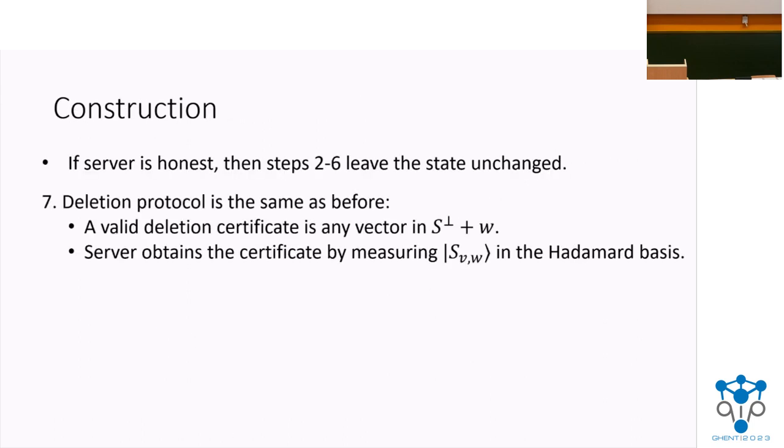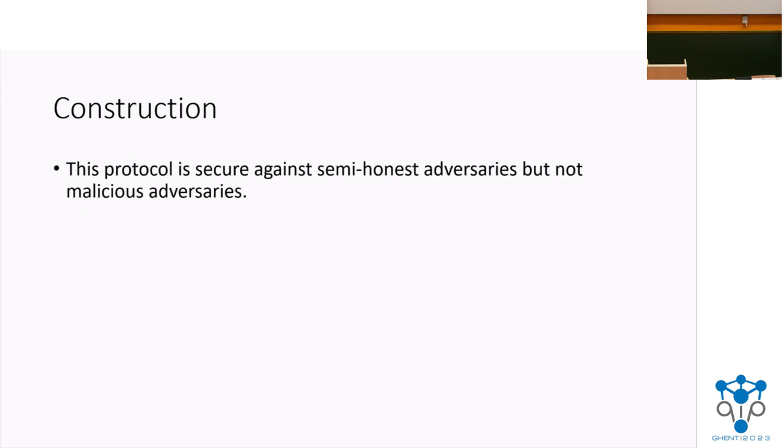Finally, we can use the same deletion protocol as before. Because the evaluation phase of our protocol didn't change the state meaningfully, we can essentially just use the encryption and deletion construction presented in the first half of this talk. So I said that we had to assume that the server was following this protocol. And indeed, this protocol is not secure when the server is arbitrarily malicious. They can deviate from the protocol in arbitrary ways.